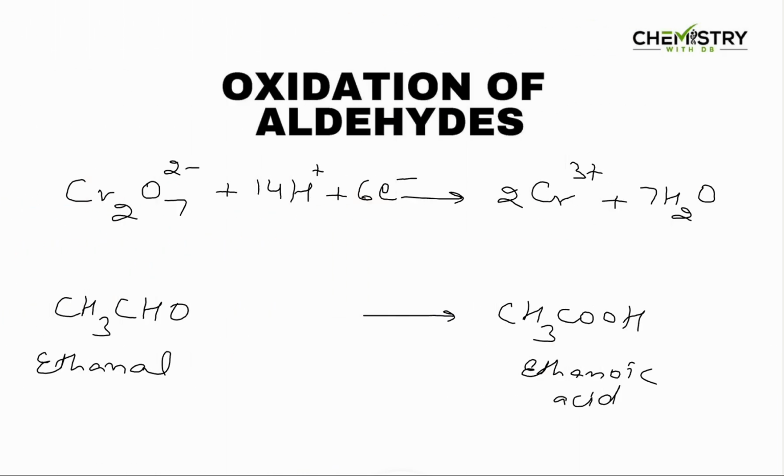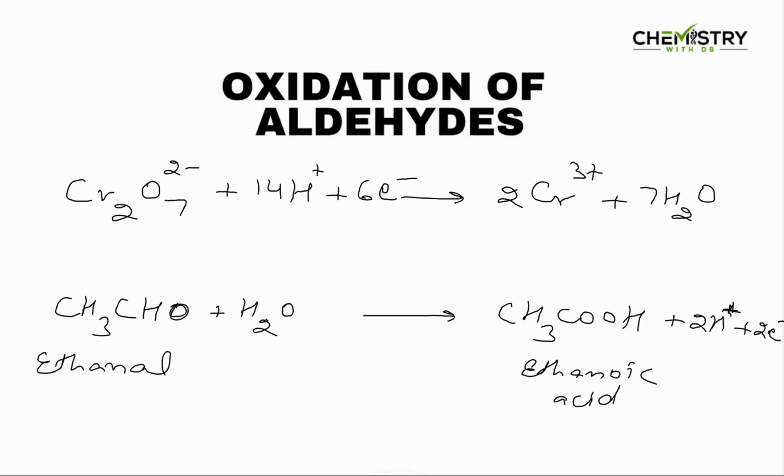Now let's look at what happens when oxidation of aldehydes takes place. Again we have written the equation, just repeated from the last page. Ethanal had 2 carbons, so 2 carbons in ethanoic acid, 4 hydrogens here, and you have 4 hydrogens here. However, this had 1 oxygen and this has 2 oxygens, so in order to balance the oxygens we put water on this side and then 2H+ on this side. And in order to balance the overall charge,